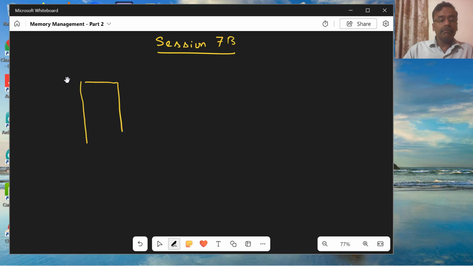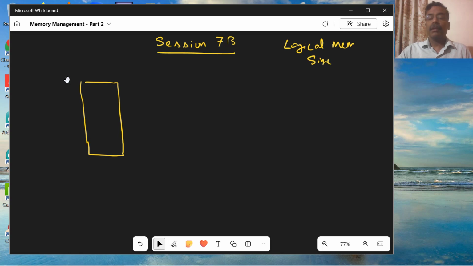Imagine I have a logical memory. Here I am going to assume something a little different from what the ratio normally is. Normally, as I mentioned, the logical or virtual memory size that the program assumes is much greater than the physical memory that we have in the system. So the memory management unit tries to give you the feel that you have so much memory, but actually it is not. But to make the understanding of how a particular logical memory address gets translated to physical memory easier, I'm going to take a little different